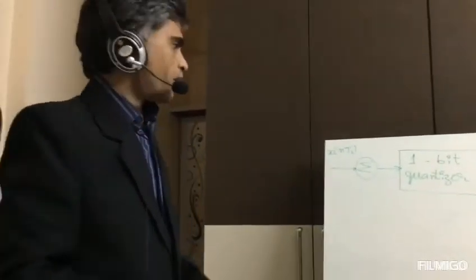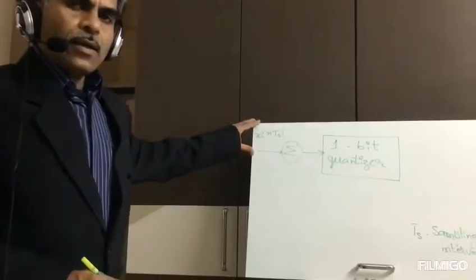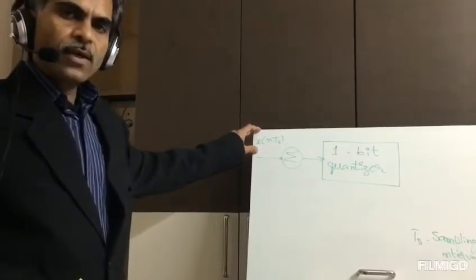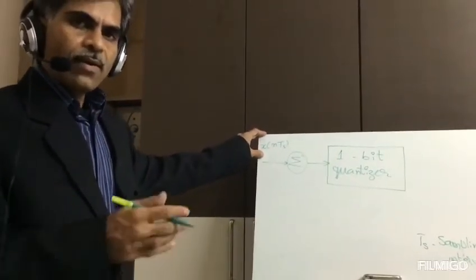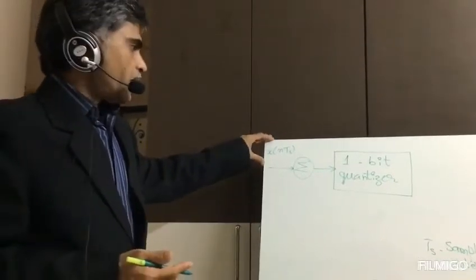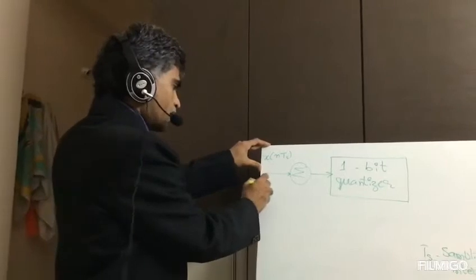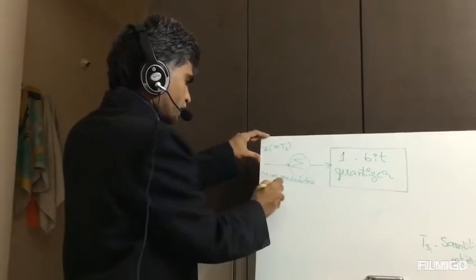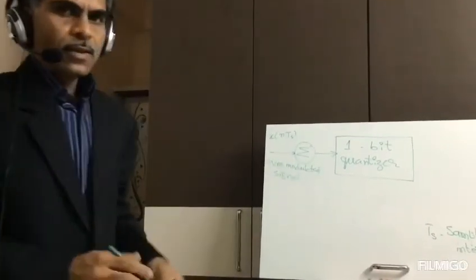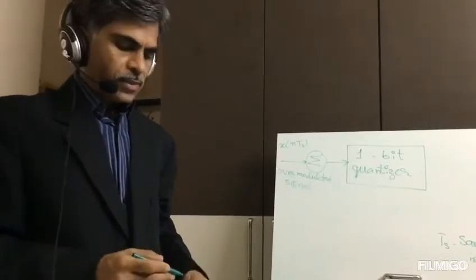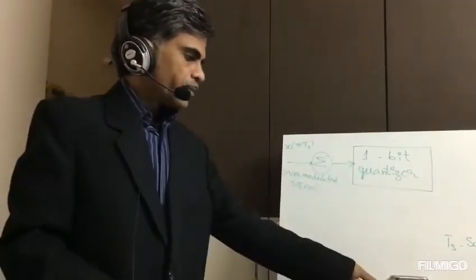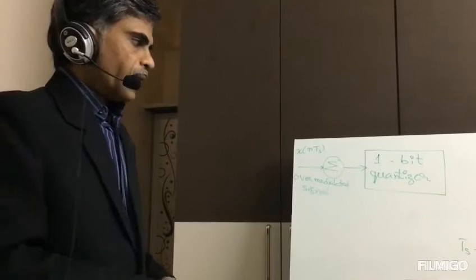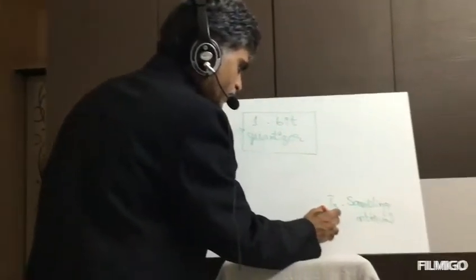Sampling interval or sampling period. Here in this delta modulator, we usually take this x of nTs to be the over modulated signal. We have under modulation as well as over modulation. The reason is, if it is an over modulated signal, then the signal to noise ratio can be improved considerably, because Ts is the sampling interval here and Fs is the sampling frequency.